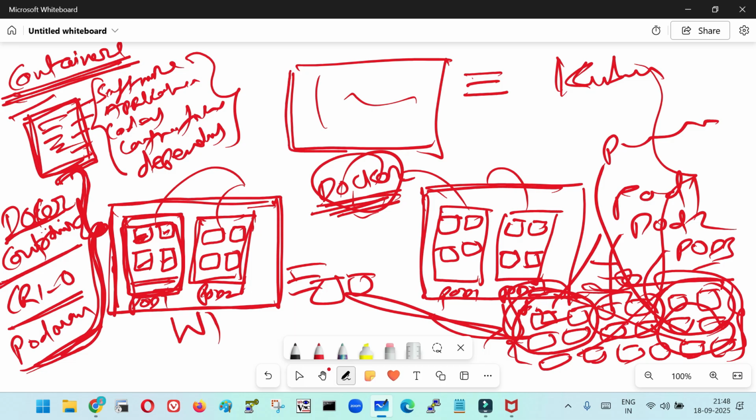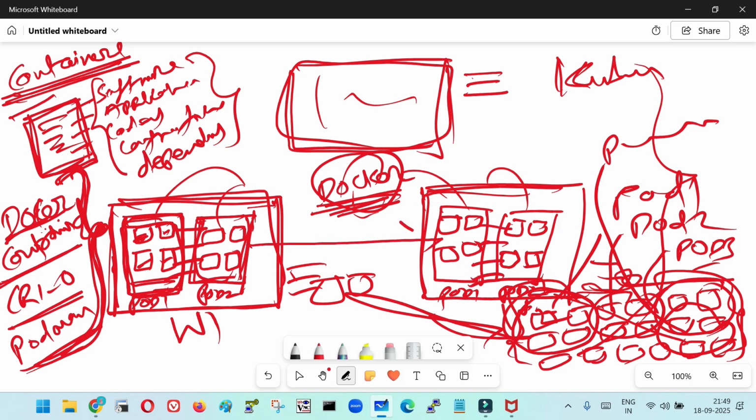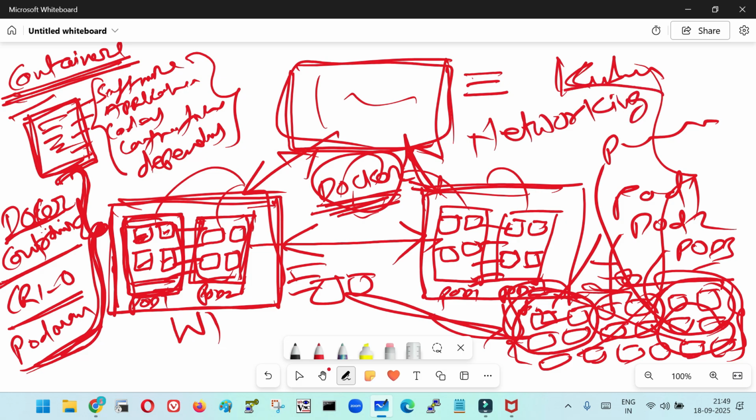Now, since this is a distributed system, each and every pod inside the machines is connected with each other. Your different worker nodes are also connected with each other, and each worker node is connected with your master node. So there is an important role of networking in Kubernetes as well. You should have a good understanding of networking too. Everything we are going to cover in this series. This is the first session, so I was just giving you a small overview of what exactly Kubernetes is and why we use it,